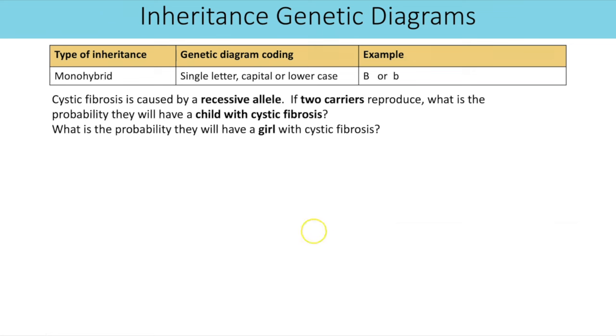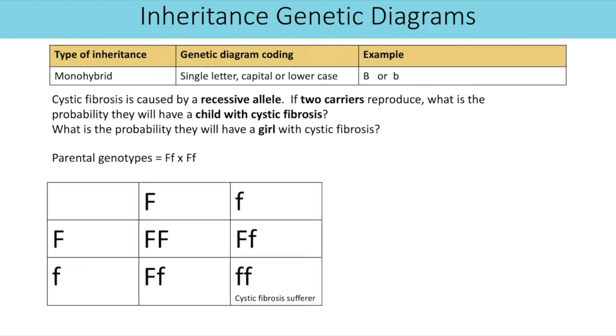Starting with monohybrid. This one we've got cystic fibrosis is caused by a recessive allele, and we've got if 2 carriers reproduce, what is the probability that they'll have a child with cystic fibrosis? So here we have the parental genotypes. They're both carriers, so they need a capital and a lowercase, a dominant and a recessive. I've then done my Punnett square, showing the possible gametes for both parents, drawing those gametes together to show the 4 possible